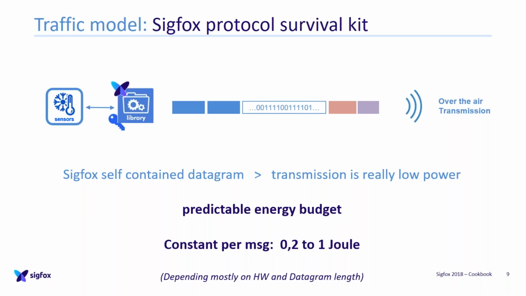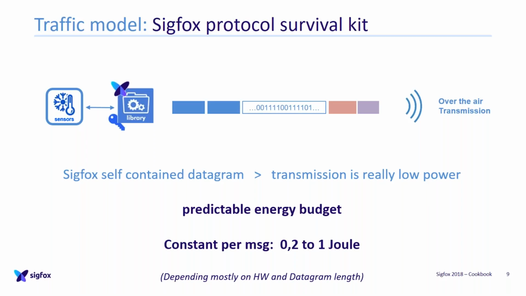Now this property of the Sigfox datagram of being self-contained is extremely interesting because it confers the really low power aspect to the transmission, and it also provides an energy budget that is extremely predictable for you to manage, which means that you know your throughput in terms of number of bytes or dozens or hundreds of bytes per day, and you are able very easily, with a proportionality rule, to predict your energy budget. Knowing that,